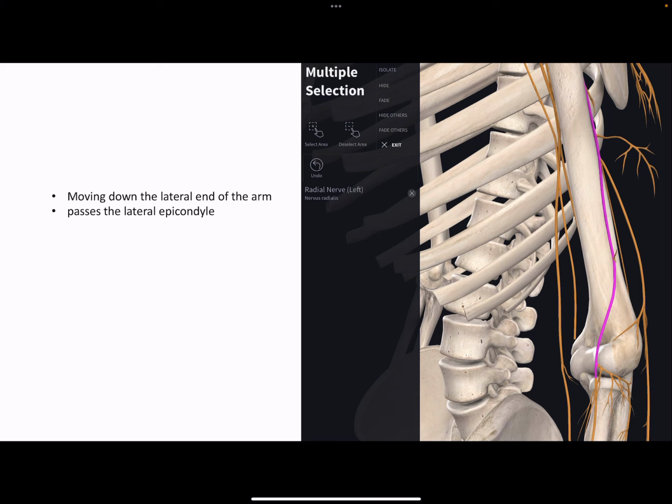So looking at the radial nerve, it snakes around about two-thirds of the way up. It goes down what's called the radial groove, and it's going to pass the lateral epicondyle. So if you damage the lateral epicondyle, you theoretically could damage the radius. So the most likely point of injury is the midshaft fracture, because it gets really tight when it hugs around,